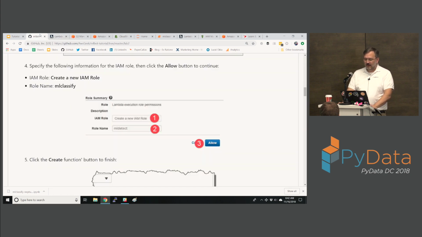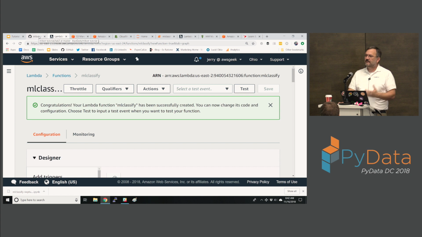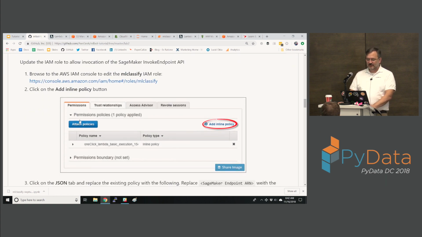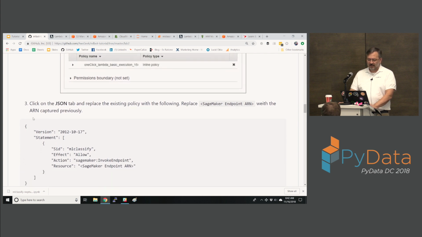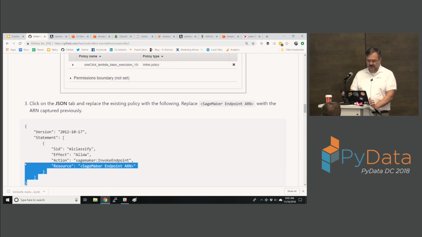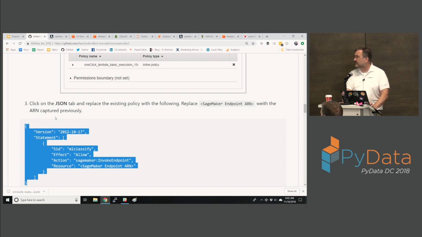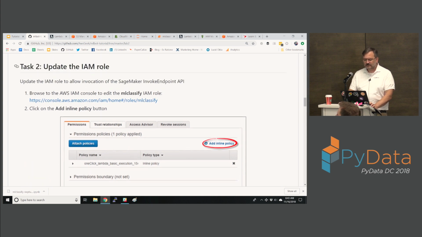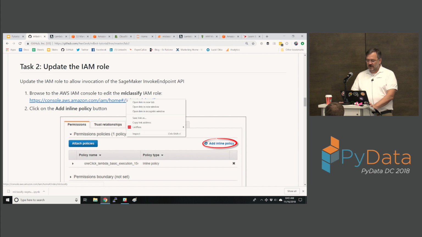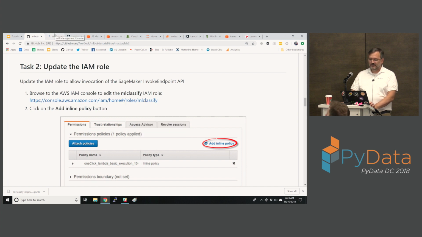Now, that creation, we didn't actually give it permission to do anything. We just created a role that it's going to use. Now we need to go back in and update that IAM role, and we're going to give it permission to execute that SageMaker endpoint. So all this really does is give the Lambda function permission to call the SageMaker invoke endpoint method. So if we go back to the ML classify role that we just created,